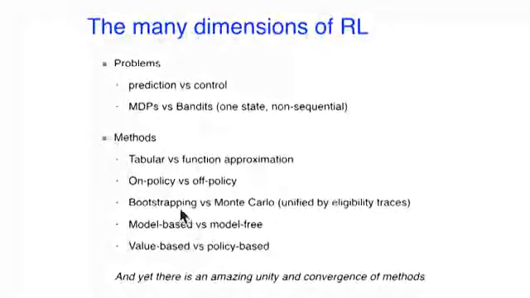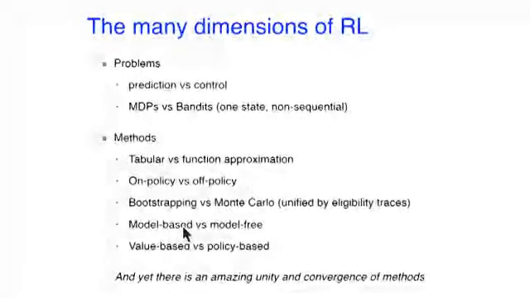And all these other ones are algorithm dimensions, solution dimensions. Tabular versus function approximation, as we've talked about today; on-policy versus off-policy, as we've talked about today. We've talked a little bit about the bootstrapping dimension, like I showed that graph where he varied the degree of bootstrapping. And I've talked about how we can unify it with a lambda parameter. A couple other dimensions we haven't talked about,